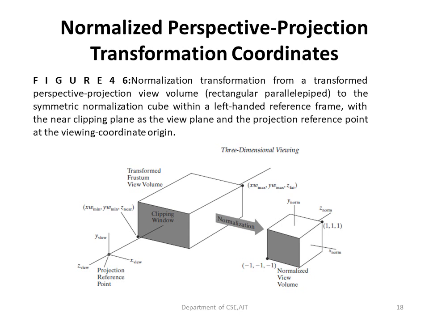You can see that it does not have any perspective and it is not oblique. It is a regular rectangular parallelepiped. Why? Because we have already applied the transformations to bring it to a symmetrical form. So it may be oblique, it may be perspective, whatever it may be, we are going to bring it to a regular form. That is the transformed frustum, which is symmetric. And whatever is in this view volume will now be converted to the normalized view volume.